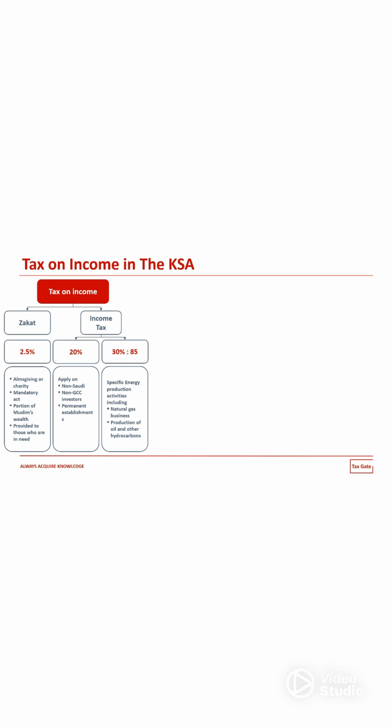If both Saudi and non-Saudi investors own the company, they will pay both income tax on the portion of income attributed to non-Saudi sources and Zakat on the rest. Good. That was for the income tax, and relatedly we would quickly highlight that in the KSA withholding tax regulations went effective